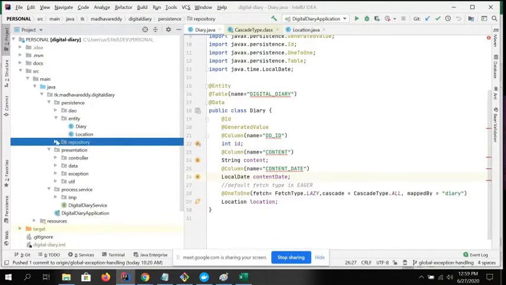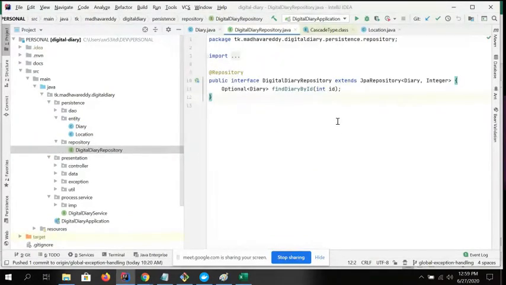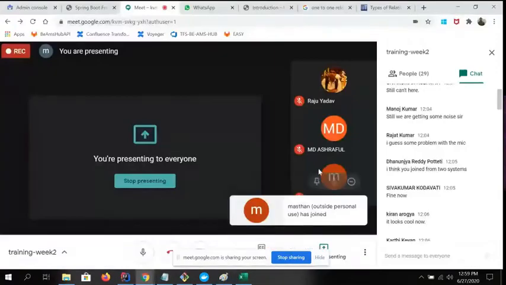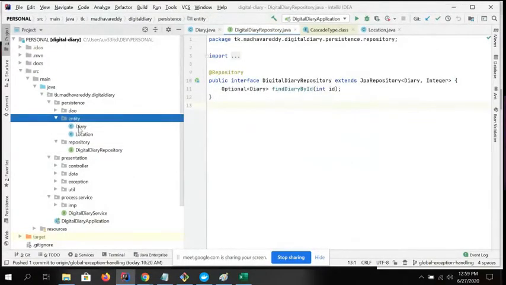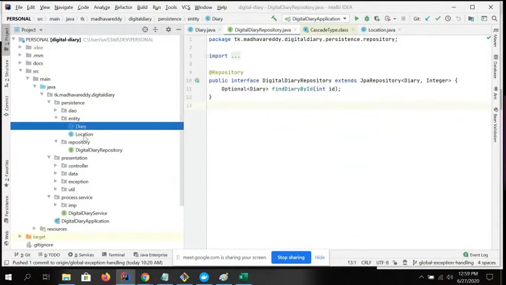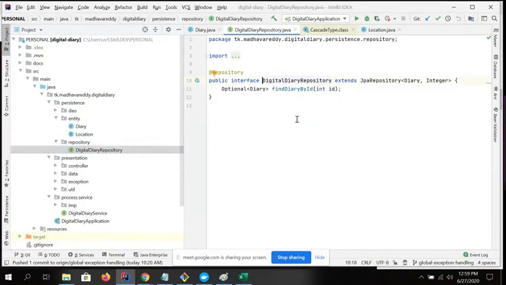And the next point is the repository. Second point is I created an entity, and I made it a one-to-one relationship in a simple way. I will let you know how simply we can configure it in another 2 minutes. And this is the one repository. It is going to interact with the database directly. The entity is just a table, and which table it belongs to.